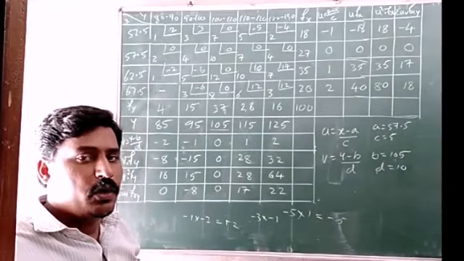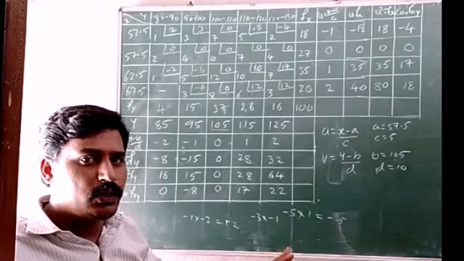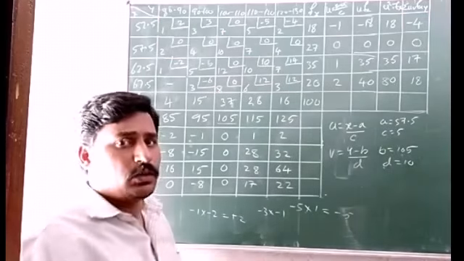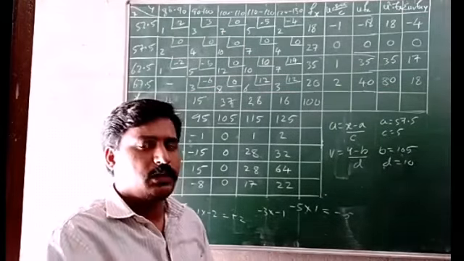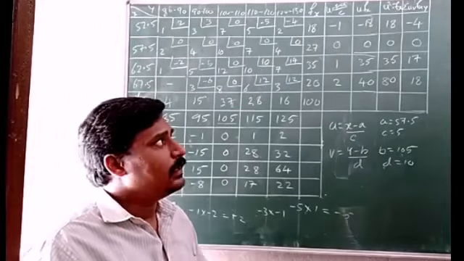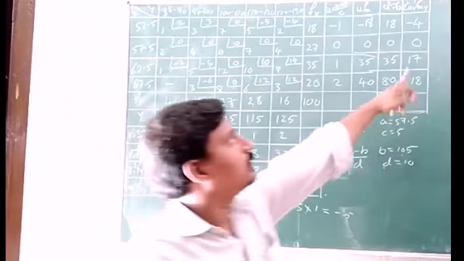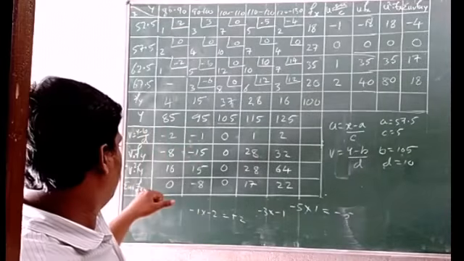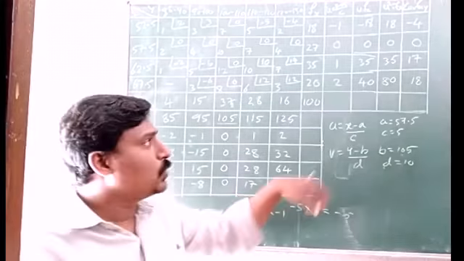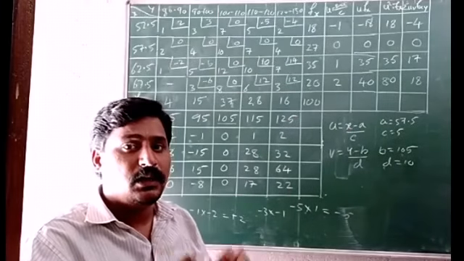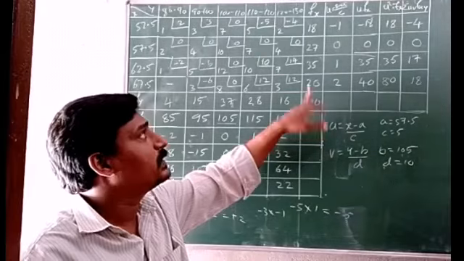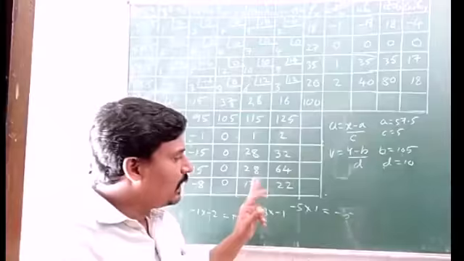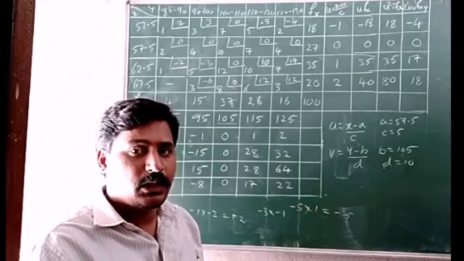Okay. Now make the total of all the rows and columns here. Now make the total of each row and column here. And finally, the total of summation uv fxy row and the total of summation uv fxy column. Both the row and column totals must be equal here, as we have the total of the frequency column the same. So the uv fxy column and uv fxy row total must be equal.